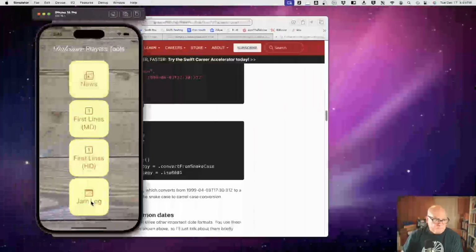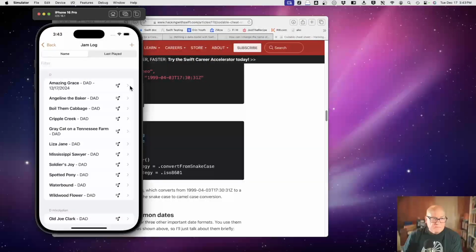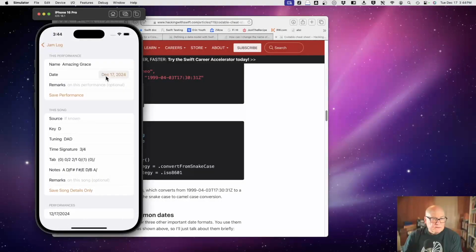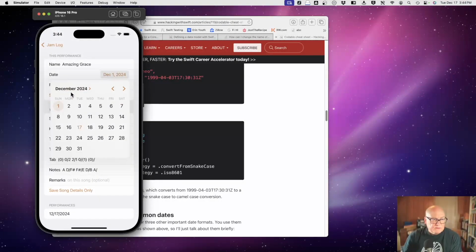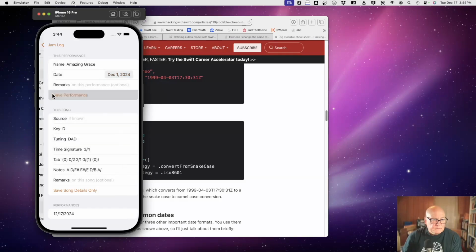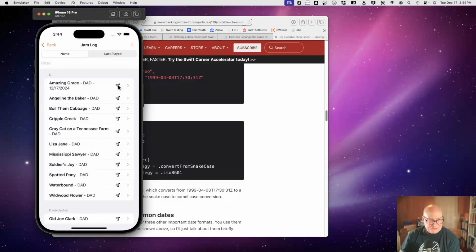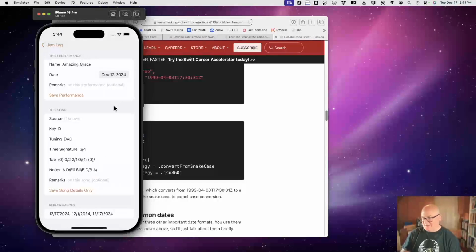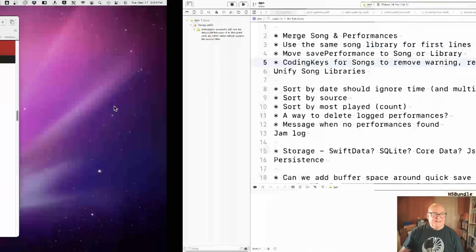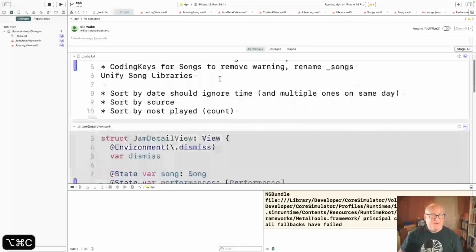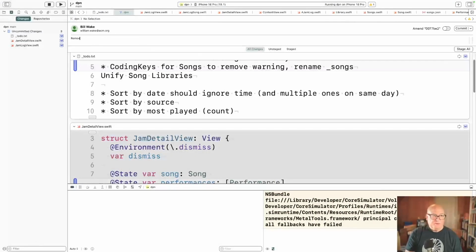Okay. Right, that looks good. Add another performance, December 1st. Good. Okay, we still have the sort issue. We still have the double two things on the same date issue, but that was there before. So from a refactoring point of view, that's all right. All right, so remove use of performances. Can I spell that?